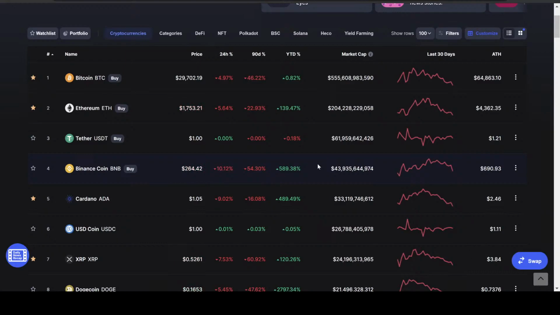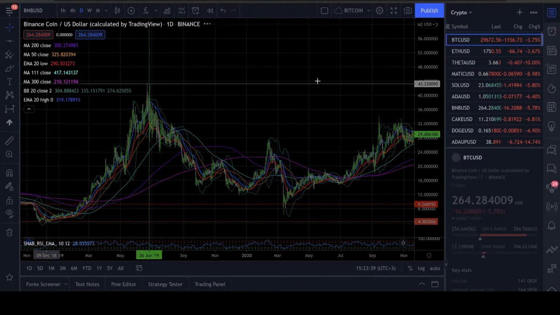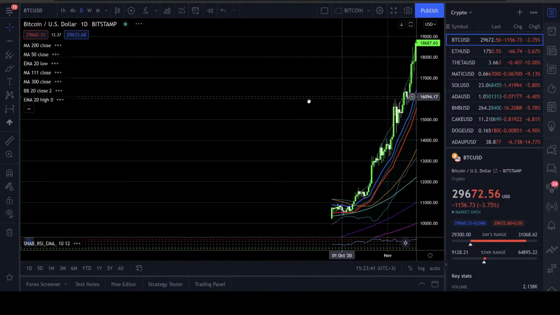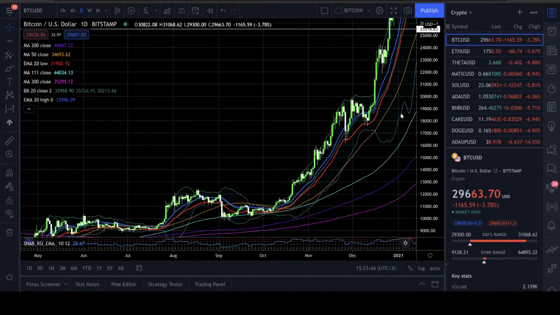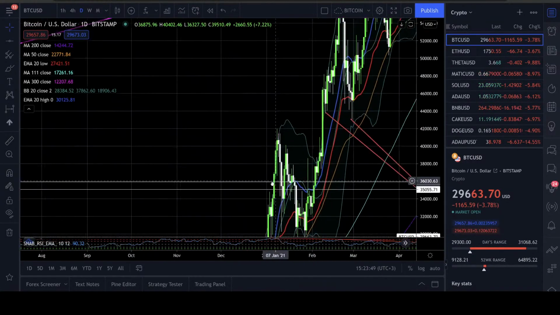$1 trillion is a lot of money. I'll give you an example. The total gold market is worth like $10 trillion. I think Bitcoin at its peak was 1.1 trillion. That's a lot of money already, and it was struggling. At 1.1 trillion, when you look at the Bitcoin chart, it was struggling to make higher highs. I remember I was talking about this in the channel, that it was forming a